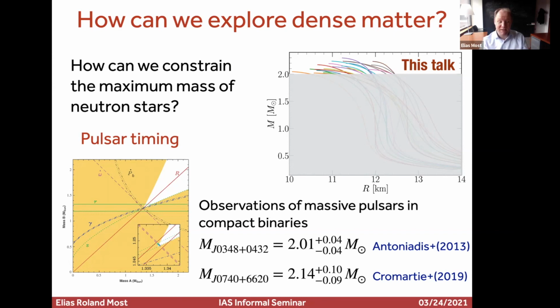And the main thing that's used there is something called relativistic Shapiro delay. This is when you have pulses from the neutron star crossing, in the case of Cromartie, the white dwarf. It will receive a time delay, and the time delay is proportional to the logarithm of the mass. So from that, you can do a differential measurement of the white dwarf. You combine that with the orbital period by Kepler's law, and it tells you how massive the neutron star is, just if you want some background on how that works.